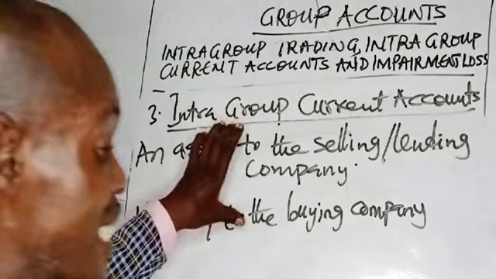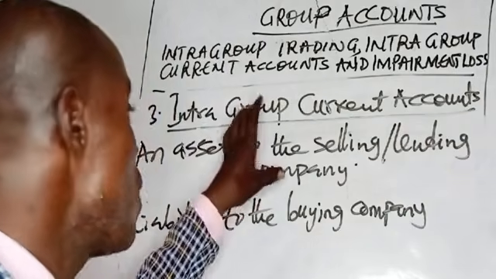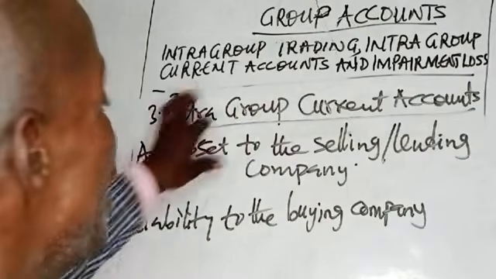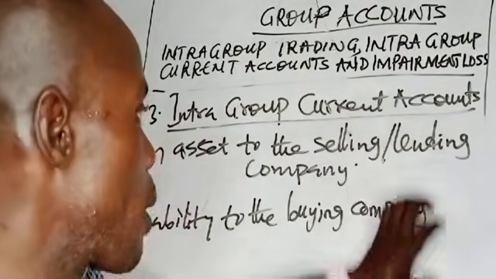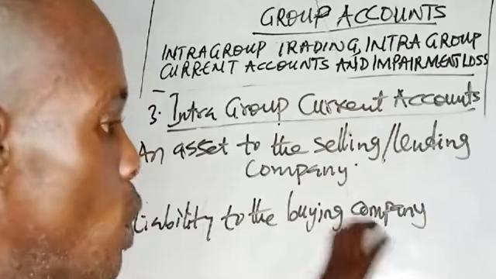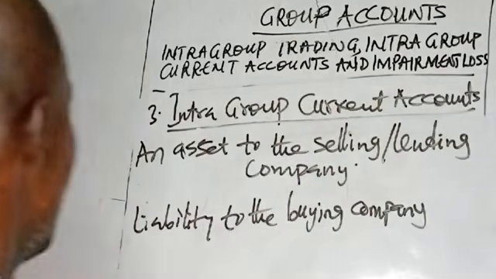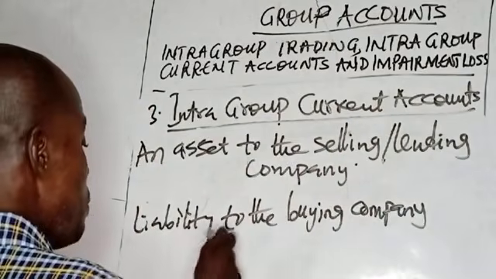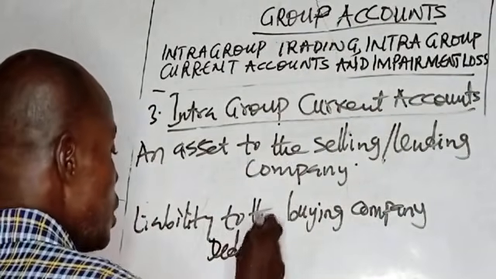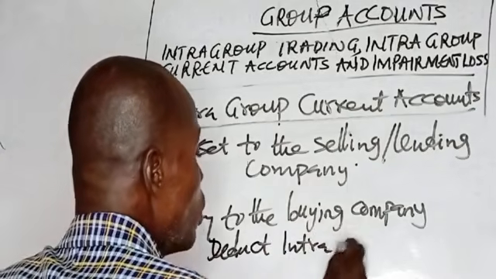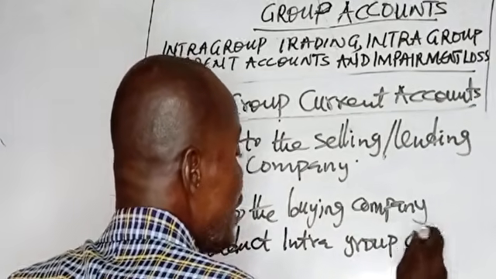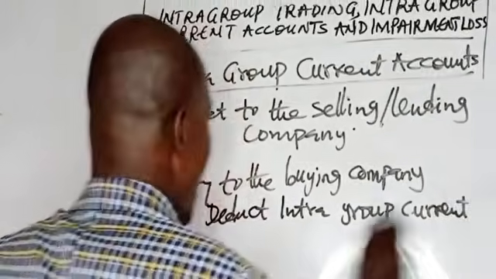But in some cases, the intragroup current account may not be given separately in the individual company's financial statement. So where it is not given separately, then you are going to deduct the intragroup current accounts